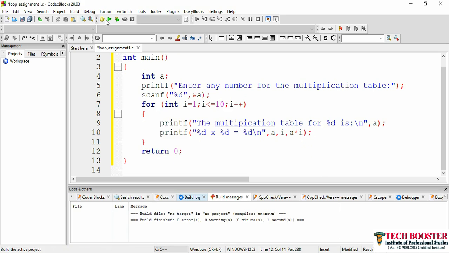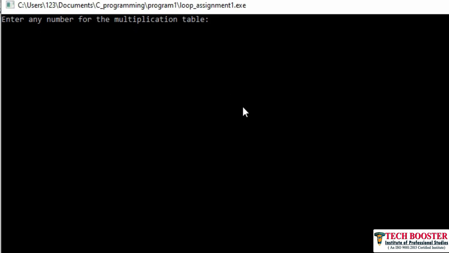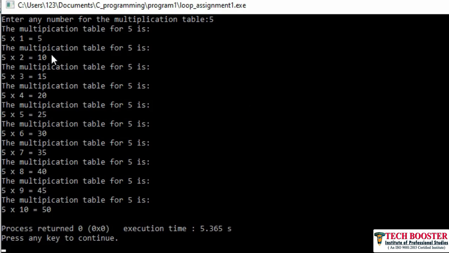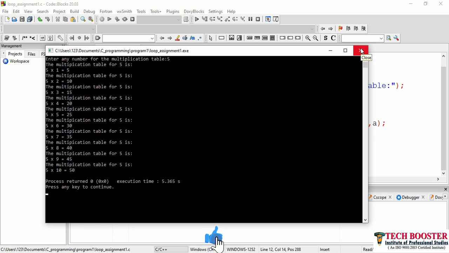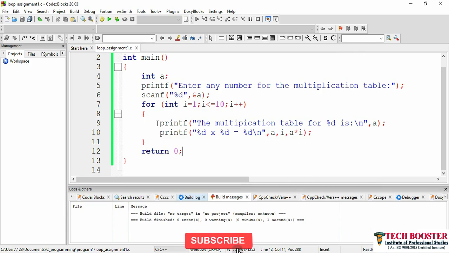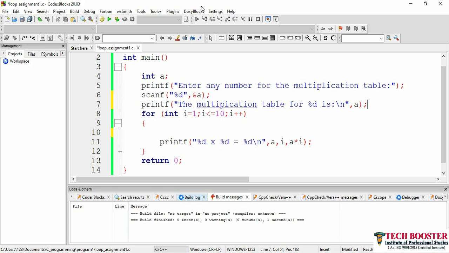Now once you run this particular program, this will allow me to enter any value. Let me consider 5, and once you press enter you can see, okay, the multiplication table for 5 is, okay, I don't want to print this line multiple times. So what can I do? I will just use this line outside my loop. Now once you run this one,